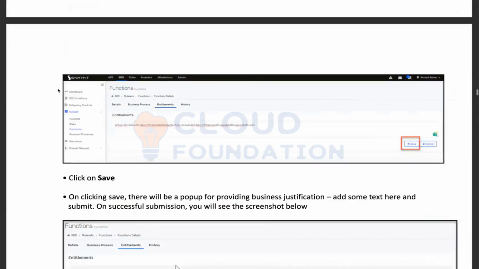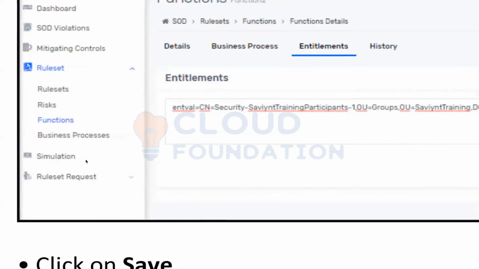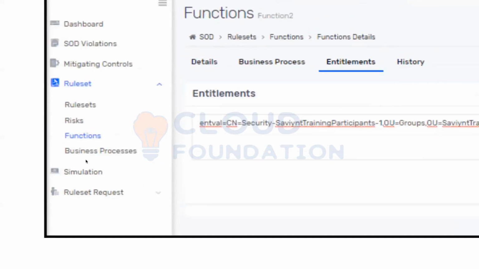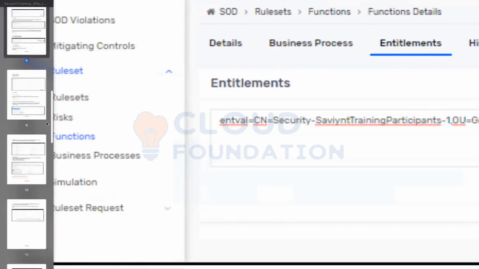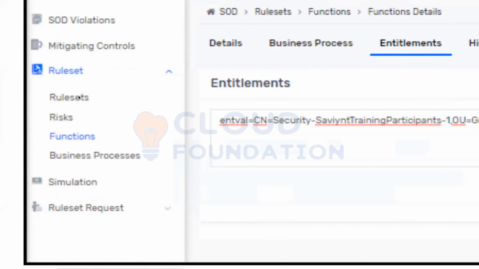Can you please differentiate? I understand what defining a function is, what a risk is, and the rule set, and what we were discussing. I told you that there are 2 functions. If you have functions, 2 or more functions together make a risk, and that makes a rule set. You can also have multiple risks making a rule set, and every function corresponds to an entitlement. 2 entitlements should not be given together.